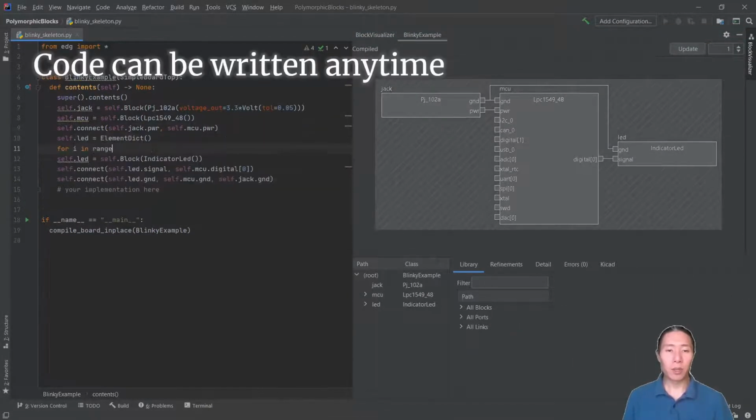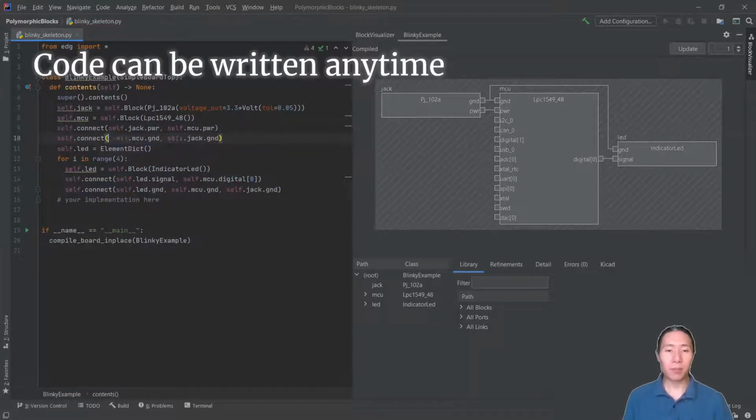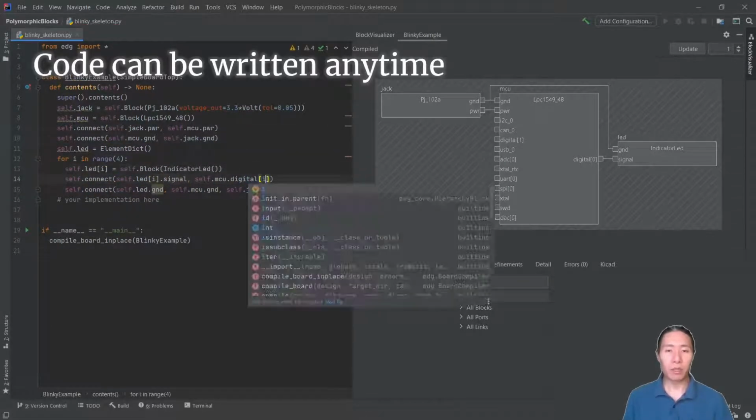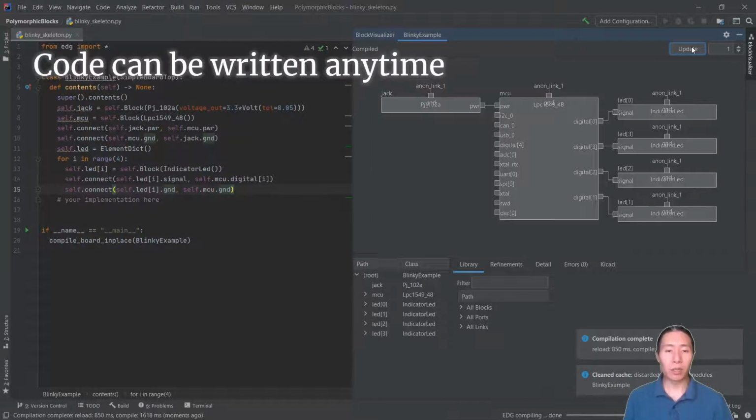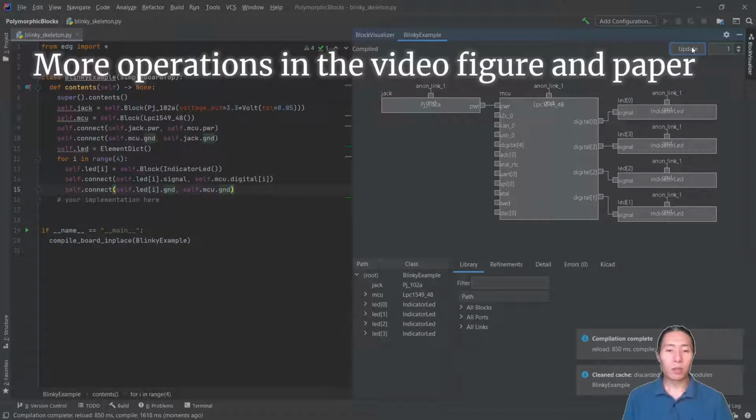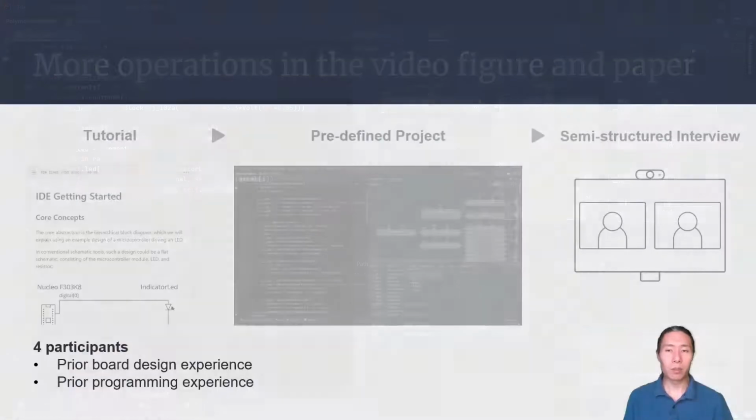The code itself can also be edited at any time. This allows the use of programming constructs not supported in the GUI, such as arraying resistors with a for loop. Manually recompiling updates the visualization and allows continued operations on the block diagram. The video figure and paper detail a few more GUI operations, such as pinning footprints and inspecting block properties.